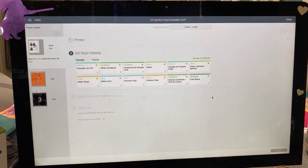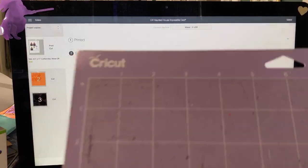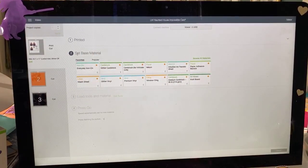And it's going to print to my printer that I have already loaded with my sticker paper, and I can hear it printing now. Okay, so this is print and cut. And then what I'm going to do is cut it after I've printed it. I'm going to put it on a mat, and I'm going to cut it from there,